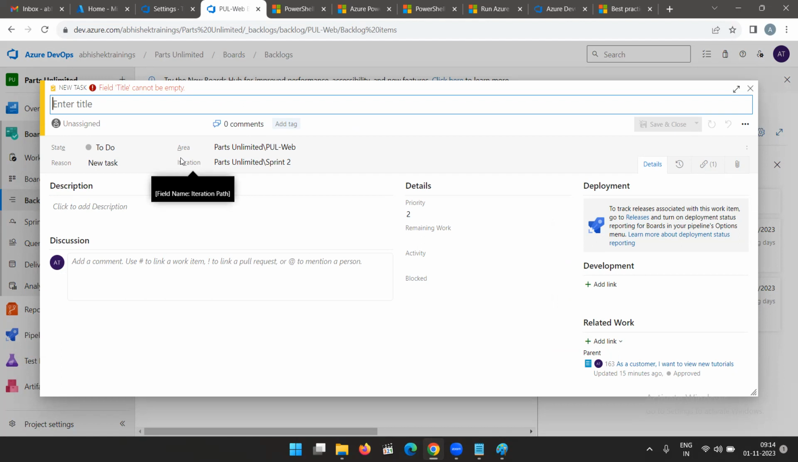So let's create a task. Title: add page for most recent tutorials. Area is same, sprint is same. And assigned to user. Yeah, assigned to-